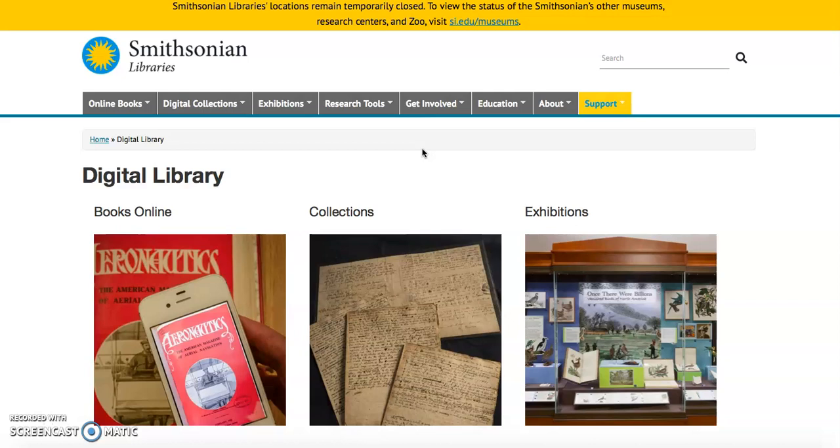If you'd like to access the digital library, the URL is library.si.edu/digital-library. This is the home page of the digital library, and as you can see here at the top of the page, there are several tabs, and if you hover over each,